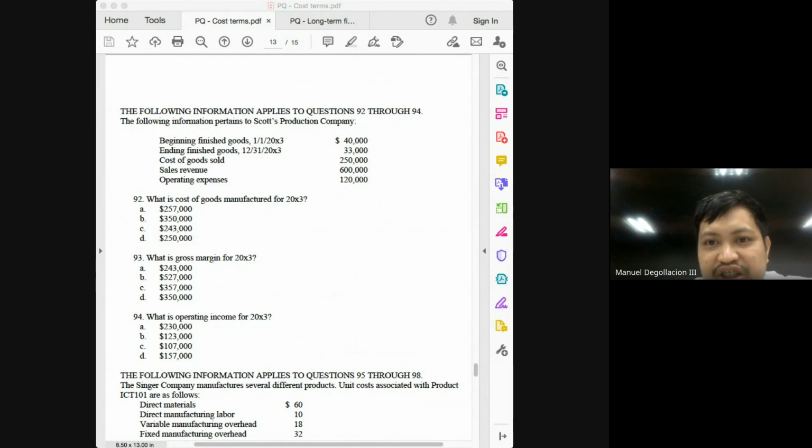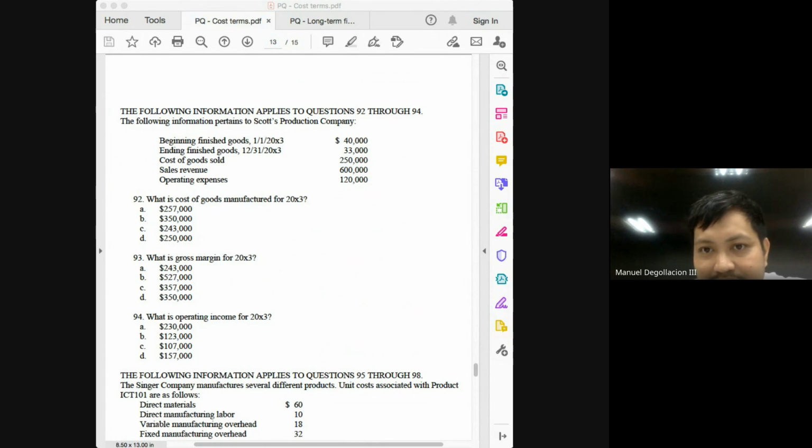Cost of goods manufactured, the same set of givens, class, except for the amounts. What happened to your finished goods? Increased, decreased? Also decreased, so no difference from the previous problem. If finished goods inventory decreased, that means cost of goods sold is greater. So all you have to do is deduct 7 from 250. That will give you 243. So you're just asked to exercise your fingers.